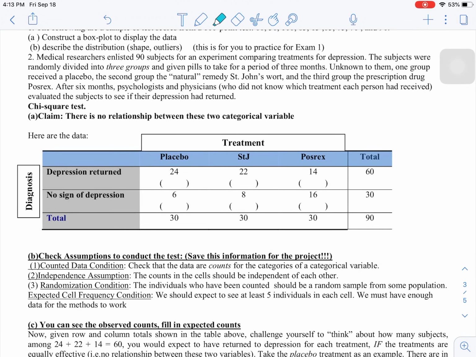Question 2 walks us through how to do a chi-square test. Let's rewind for a second and talk about chi-square tests. So to rewind a step further,